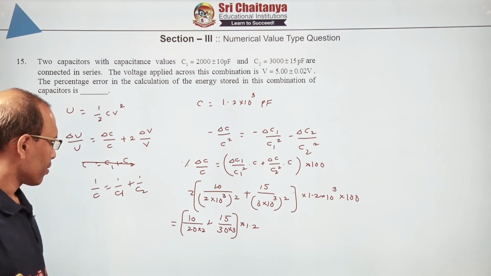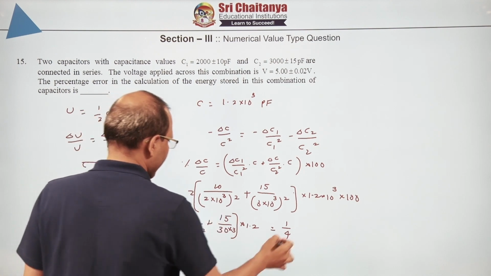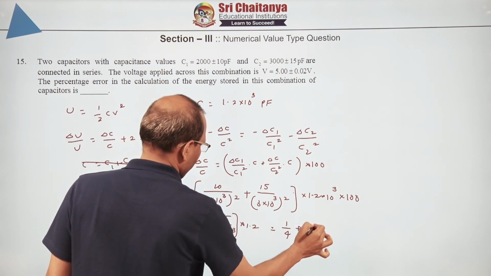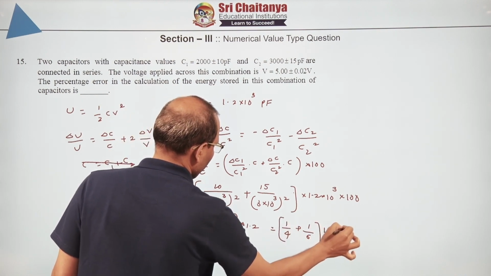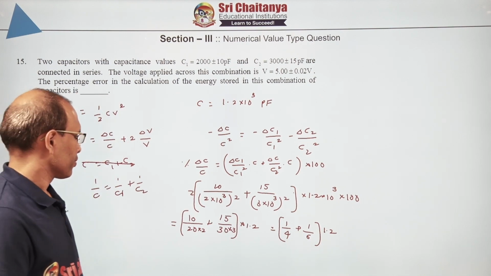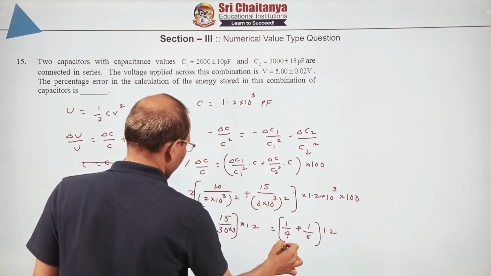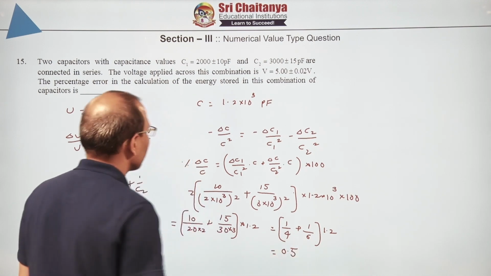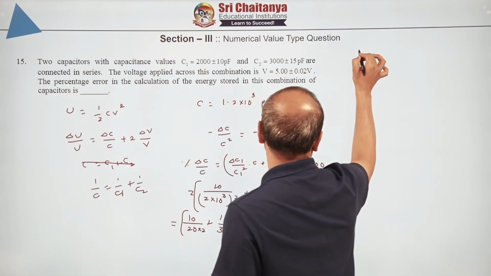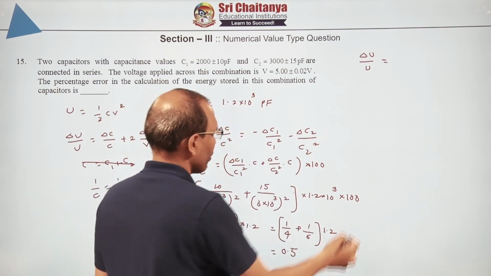So when you simplify this, this is 1 by 4 and this is 1 by 6 into 1.2. So this value is 12, 5 by 12, so this is 0.5. So substitute it here, we will get the value of delta U by U. So delta U by U value will be delta C by C in percentage is 0.5